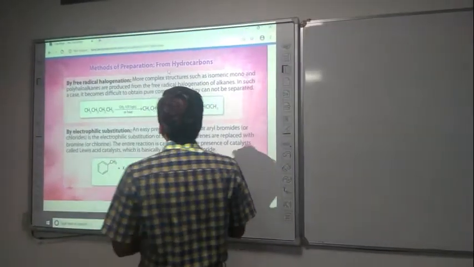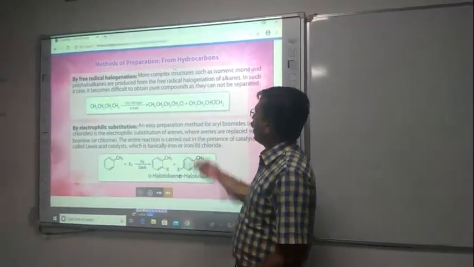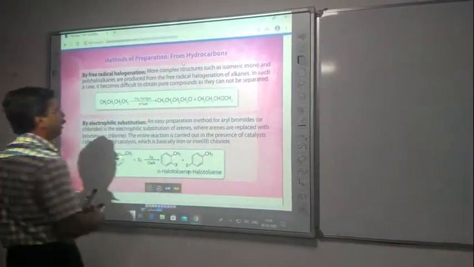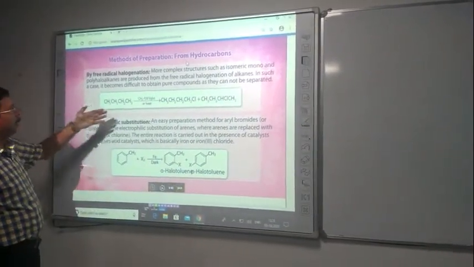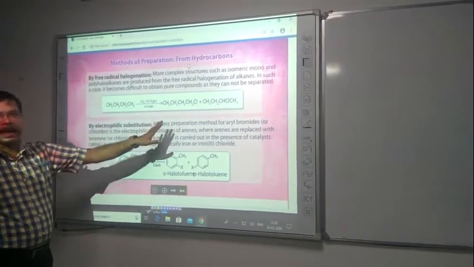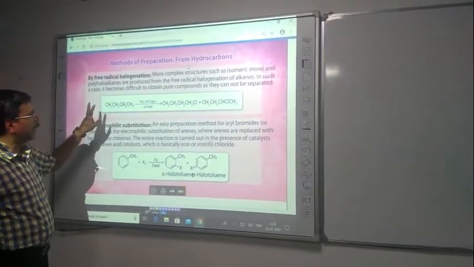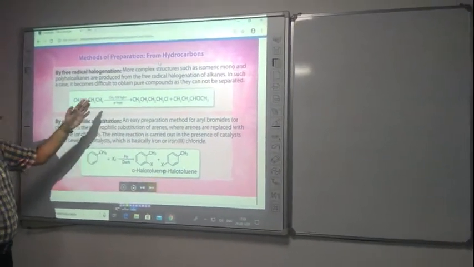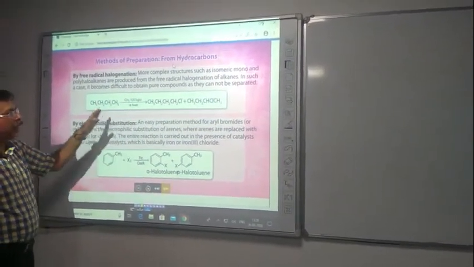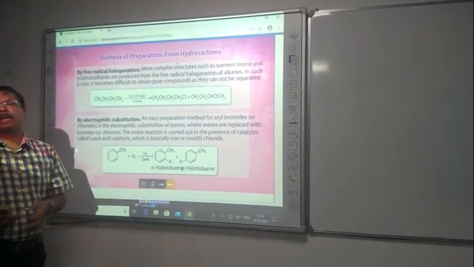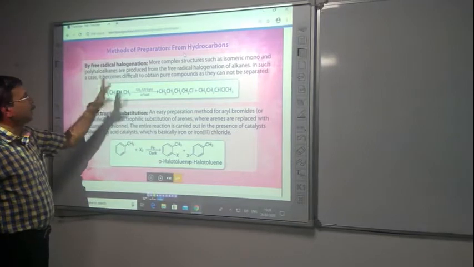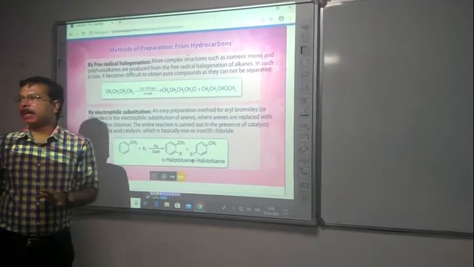So next we will go to the preparation from hydrocarbon. How we get the alkyl halide from various hydrocarbons, starting from alkane to alkyl halide. Starting from alkane, when treated with halogen, particularly chlorine, bromine in presence of UV light, we get the monohalo as well as polyhalo derivative. We get a mixture of monohalo and polyhalo derivatives, and that is called free radical substitution reaction.